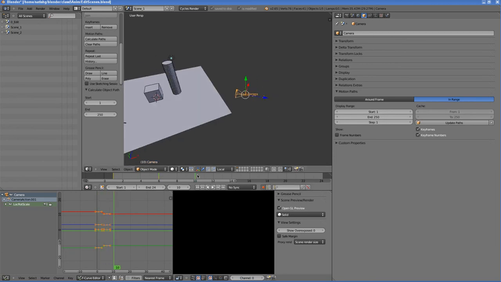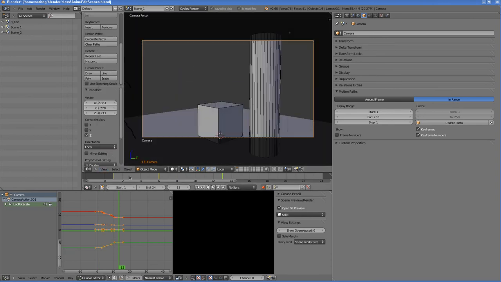Cool. So let's go forward and move it. As you can see, the paths are being added and updated dynamically. Switch to the camera and just check the animation out.